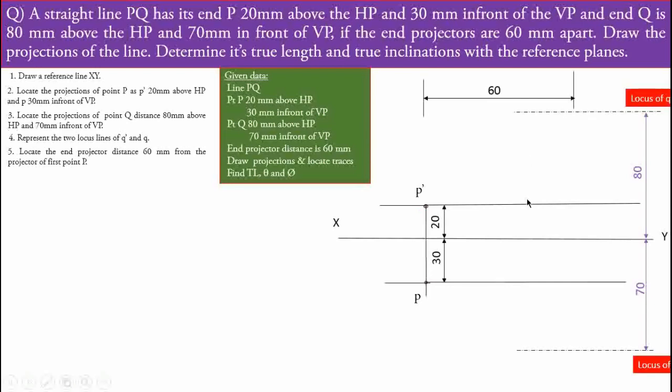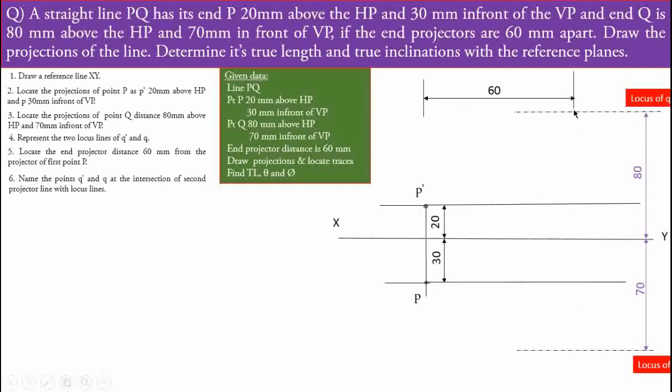Generally we have to represent the distance somewhat away because it should not intersect with any other line. So from the first projector, measure the distance 60 mm, locate the distance, and next step, name the point Q dash and Q at the intersection of the second projector line with locus lines. Means after representing the 60 mm distance, we have to draw the exact vertical projector line, and where it will